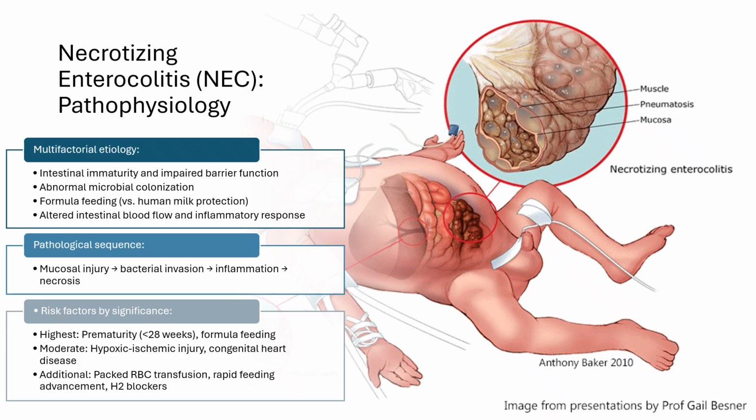Understanding risk factor significance helps us identify the most vulnerable infants. Prematurity, especially before 28 weeks gestation, represents the highest risk because it encompasses all the vulnerability factors. Immature barrier function, altered immune response, and prolonged